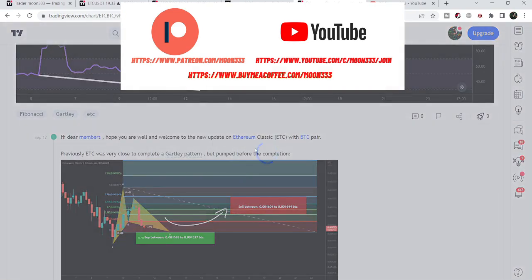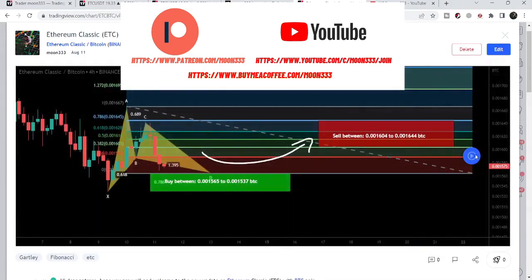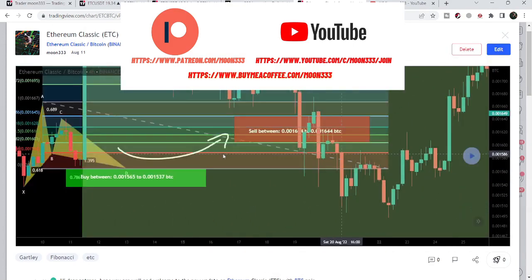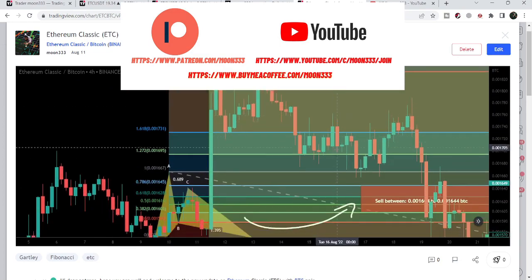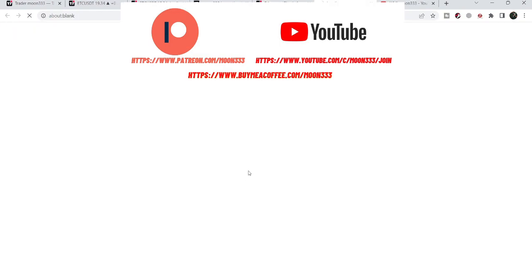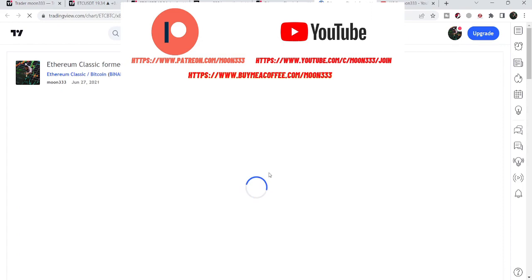Before that, I also shared another Gartley pattern, but this time the price line was very close to complete this final leg of the Gartley, but could not complete this move and started a very powerful reversal just from a very small difference of this to enter this potential reversal line. We had a very powerful pump, and before that I also shared another buying and sell target signal for Ethereum